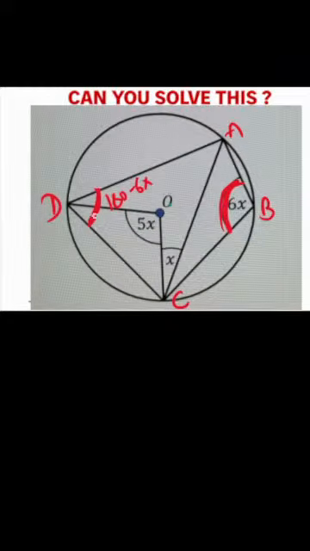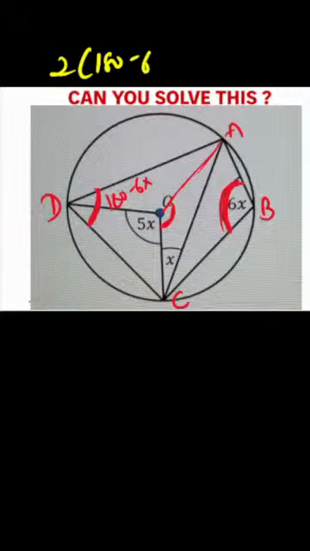This entire angle, because opposite angles of a cyclic quadrilateral are supplementary. Then this center angle, if I join this, is going to be double of it, 2 into 180 minus 6x, and along with this I do have this x,